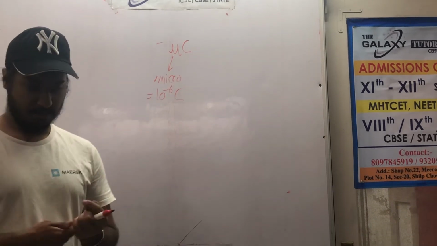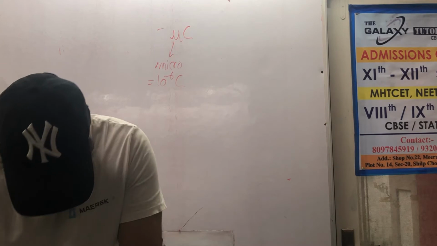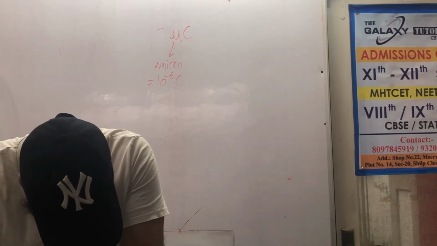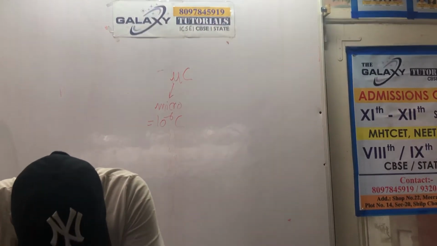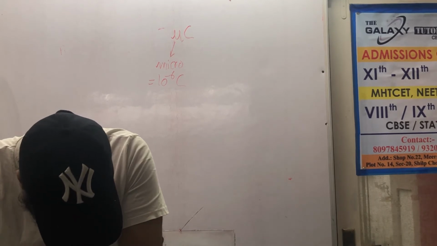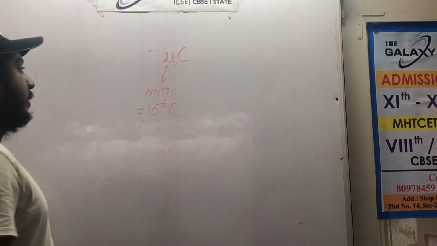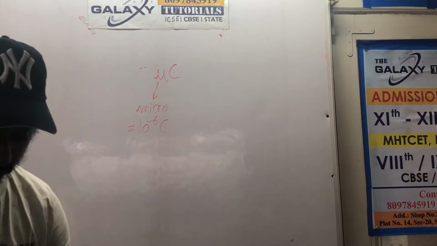Now we are talking about this. 3 charges of 2 microcoulomb, 3 microcoulomb and 4 microcoulomb are placed at points A, B and C respectively as shown in figure A. Determine the force on A due to the other charges. So let us do this question. The diagram is given in your book already. This is example number 10.4.